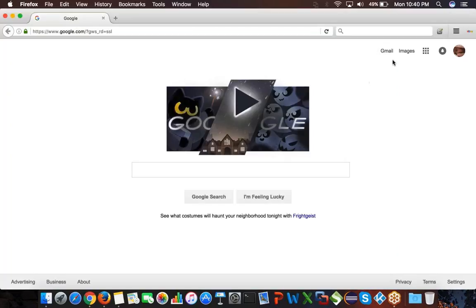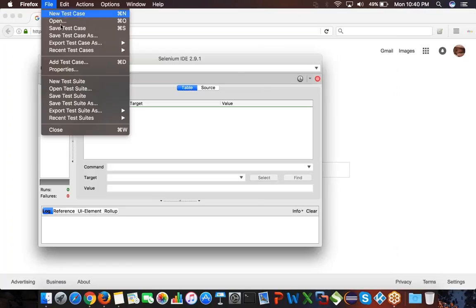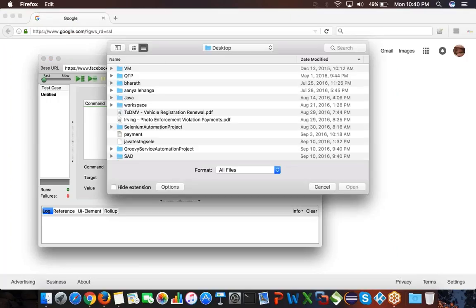So now let's go and see how we can generate the code. You can just go and say file, and we have saved already the test case. We can just open. So it's on the desktop. So let me go to the desktop. So we're already on the desktop. So let me go and open the